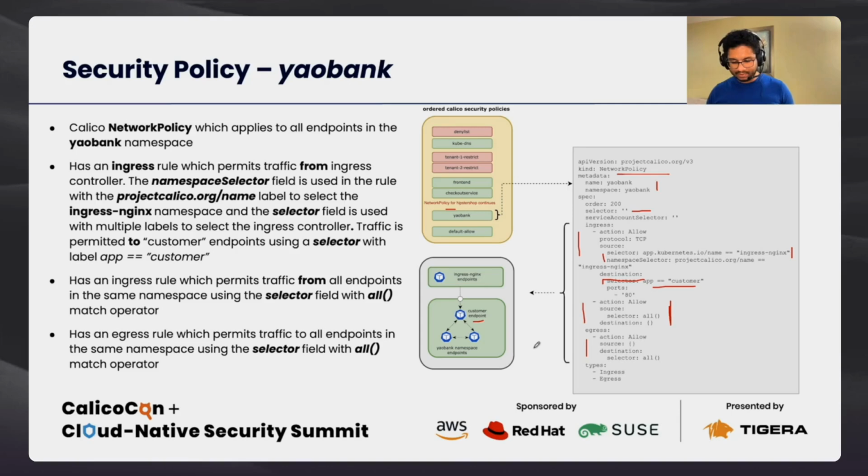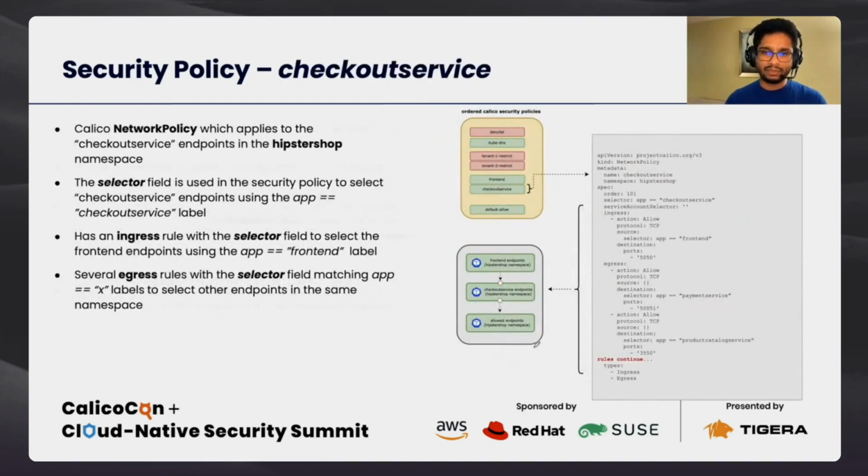At times, you may want to implement such policies, right? If you trust all the workloads inside the namespace, if it's a namespace that is not too critical, however, has several workloads, you can create a guardrail around the namespace rather than for every group of endpoints inside the namespace. Now, this differs from the policy we created for front end and checkout and the services in the hipster shop